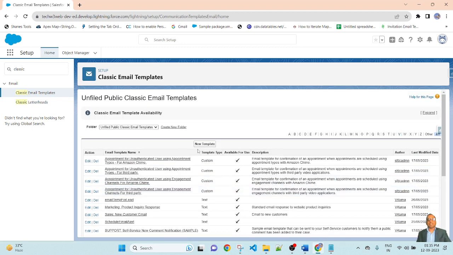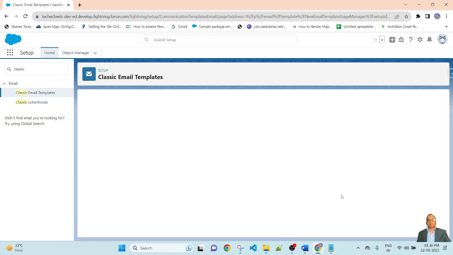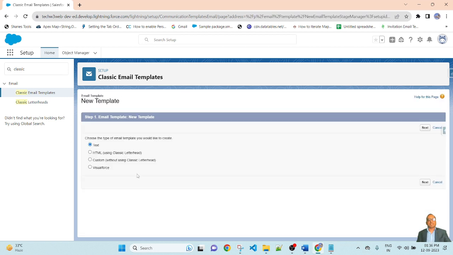Then click here to create a new email template. There are four types of options: text, HTML, custom and Visualforce page. So choose the type of the email template you would like to create. Now I am selecting text email template and going to next.